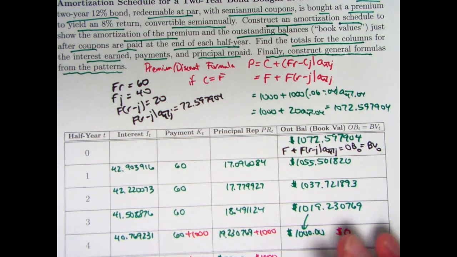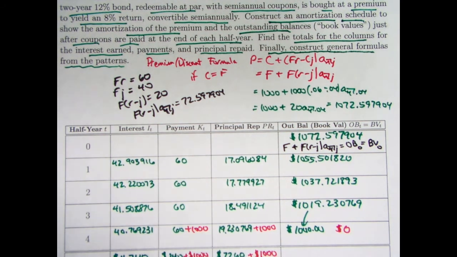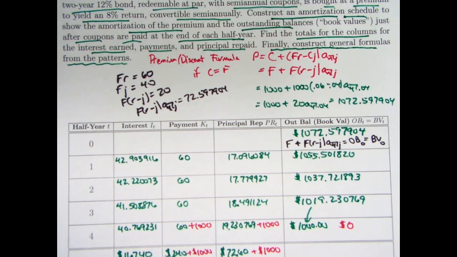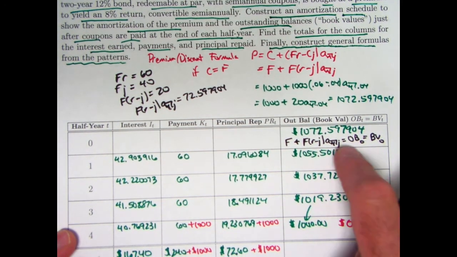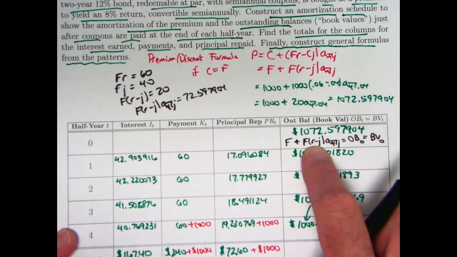You can think of book values as something you want to keep track of if you're doing accounting. As we go on, it's not necessarily the same as what you could resell the bond for, because bond yields change based on market conditions, and so the book value doesn't necessarily match that, but it's still convenient for the purposes of accounting. All right, so we already confirmed that that's what we got when we use the formula here,